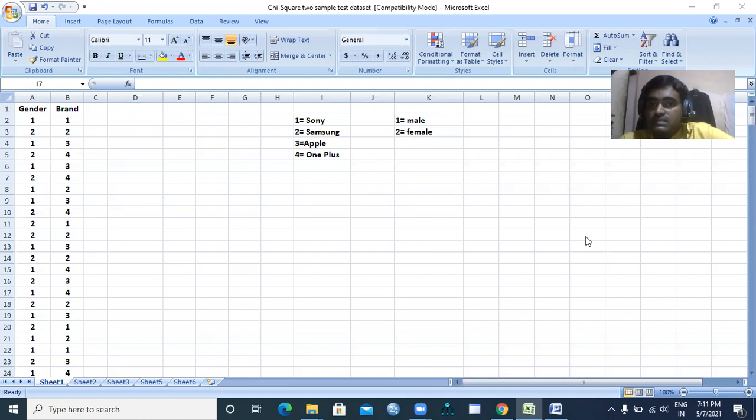The chi-square test is a non-parametric test, which we use for categorical data, that is, nominal data or ordinal data types. We will use this chi-square test for two samples. So here I'm going to explain directly with